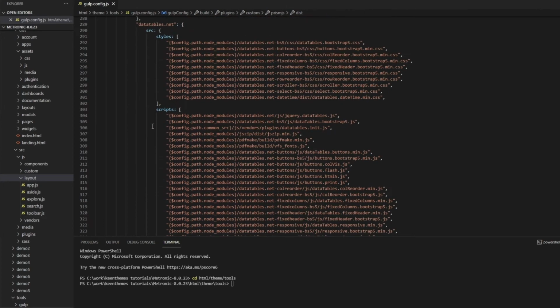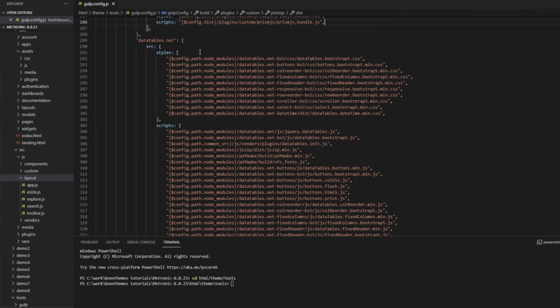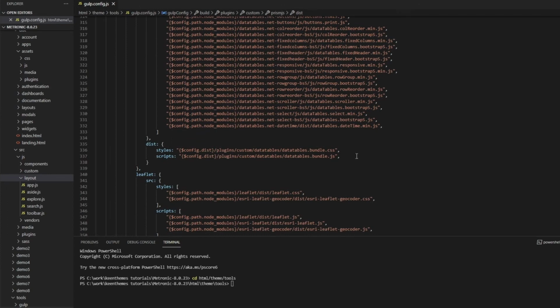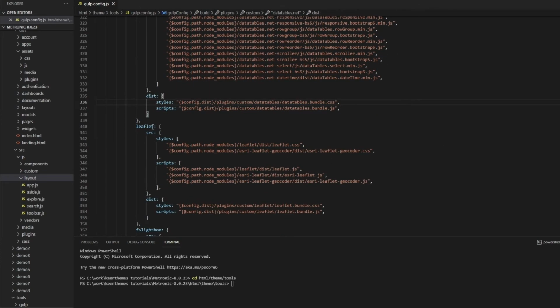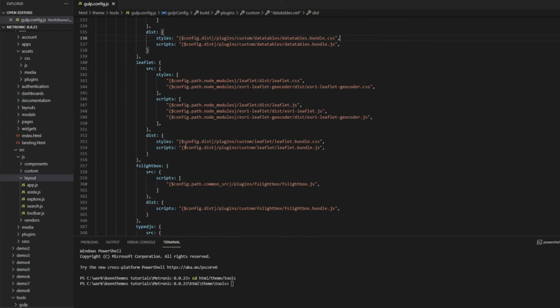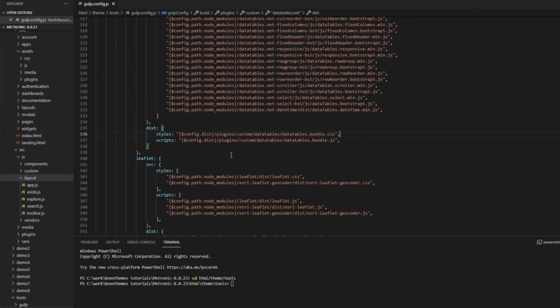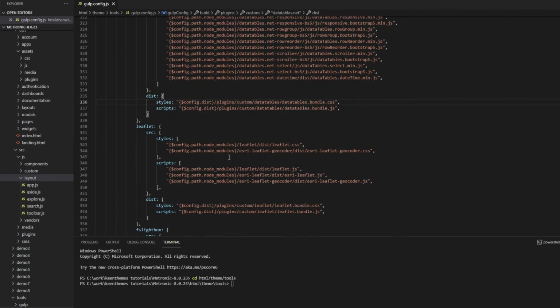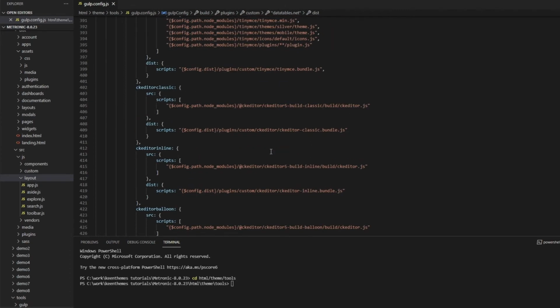This is our data tables. If we have all these modules within data tables, it's going to be bundled into a single data table bundle, one for JS and one for CSS, and so on. Now all this, again, you don't need to include in your project. You're free to just cut and delete plugins from this config file, and you do not need to worry about building it in your project or bloating your project with all these unnecessary plugins that your project does not need. All right, so moving on